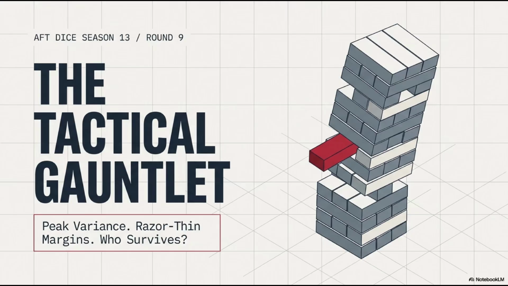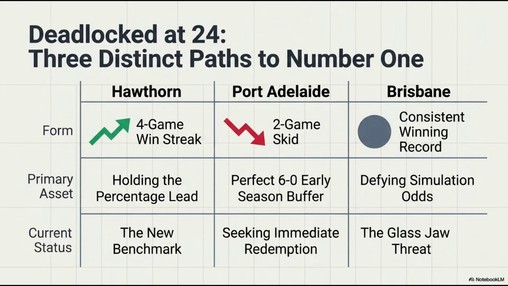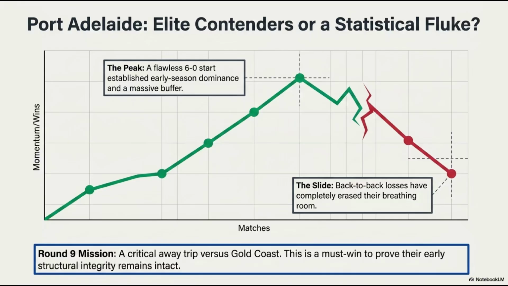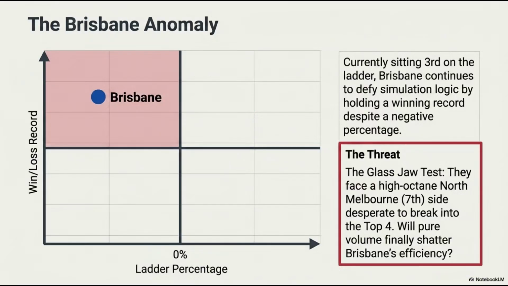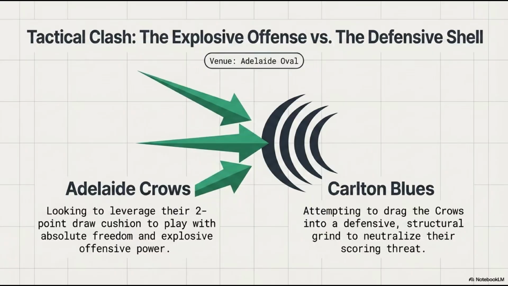What makes Adelaide's draw so fascinating is how it alters the psychological and mathematical pressure of the entire season. How so? Well, in a league where everyone is operating on increments of 4 points for a win and 0 for a loss, having a 2-point outlier completely misaligns you from the rest of the pack. It acts as an anchor in the standings. So it's sort of like playing a board game, where everyone is forced to move exactly 4 spaces every turn, but you somehow manage to move 2 spaces on one of your turns. You will literally never land on the same square as your opponents again. That is the perfect way to visualize it.